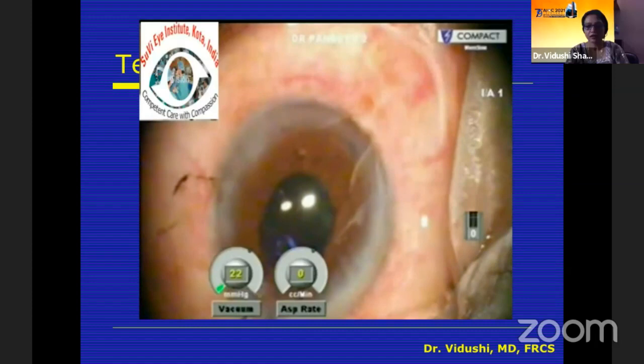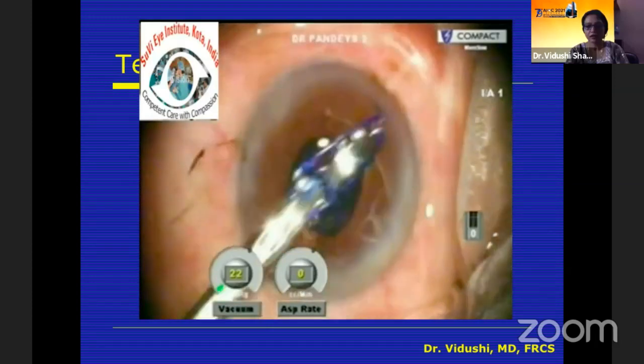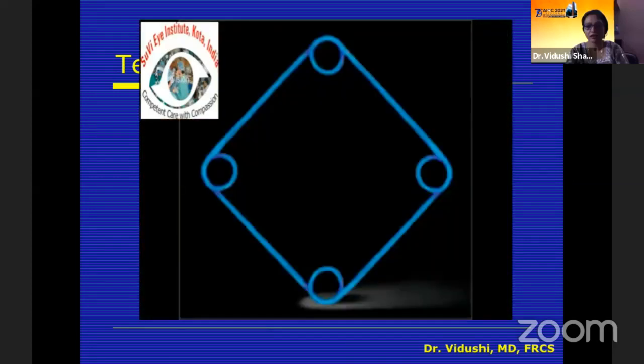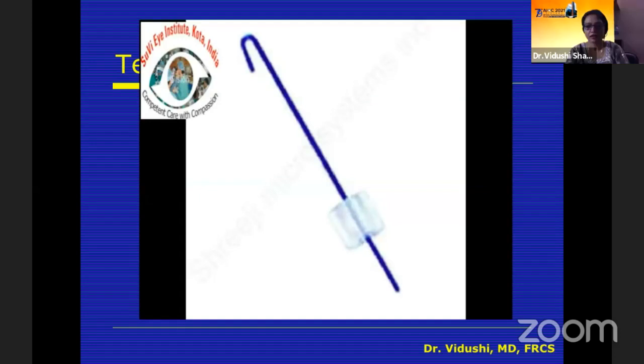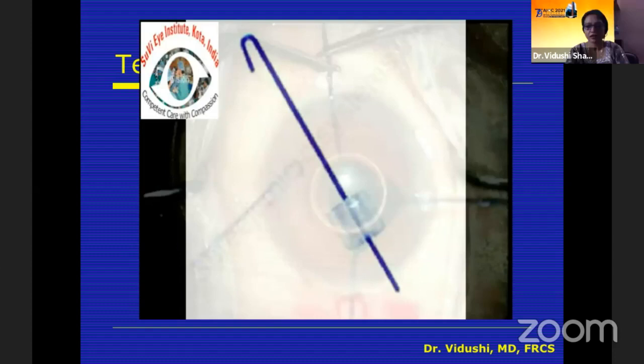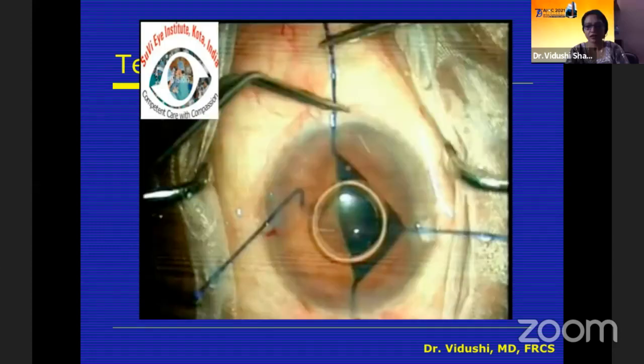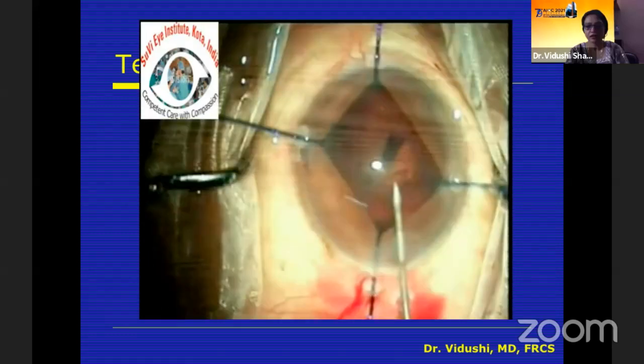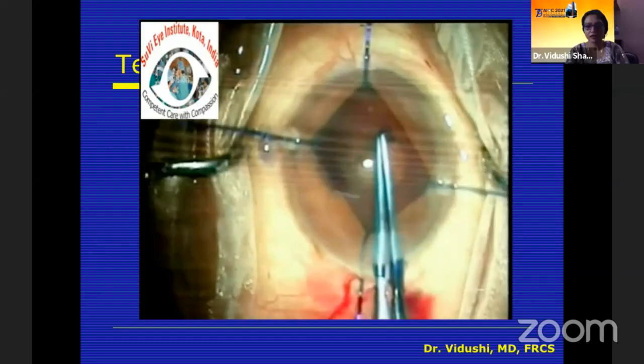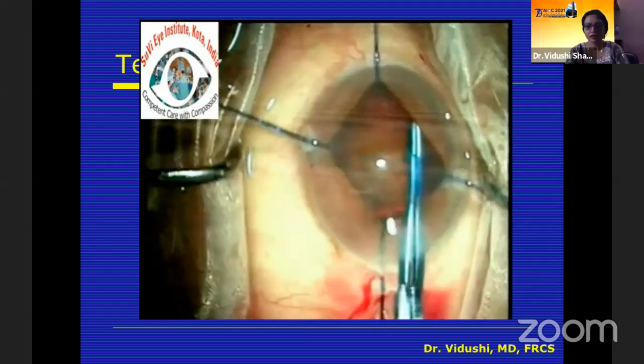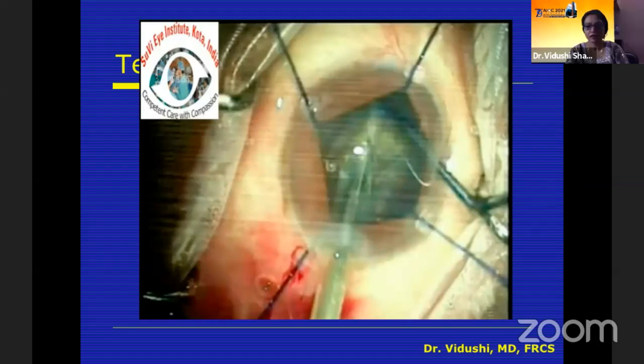The main thing to remember is that the edematous iris during surgery can cause tears, so we should remove it very carefully at the end of surgery. Now, pupillary expansion iris hooks were available. They are less commonly used now with the availability of the pupillary expansion devices, but they will not become obsolete, because there are some cases where iris hooks have a role, like if there is an asymmetric small pupil, where it is much easier to titrate the stretch on the pupil with the iris hooks. You can use it in a particular area, suppose you're doing an IOL exchange or some such maneuver, then the iris hooks are more advantageous.